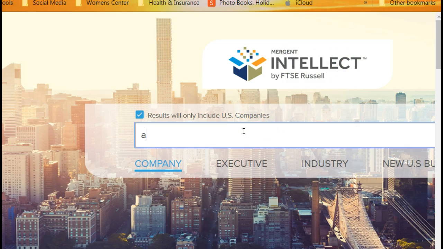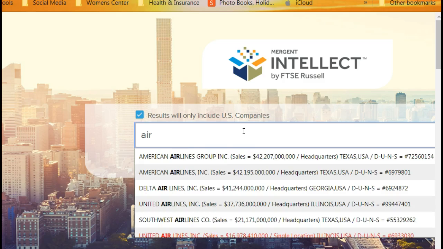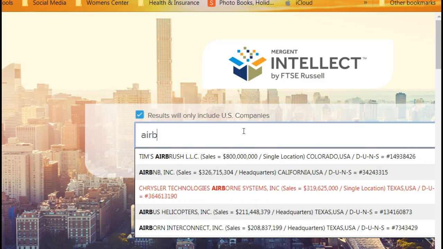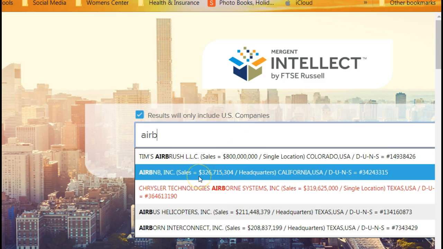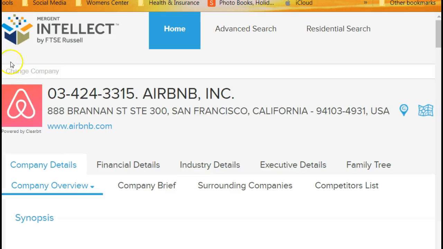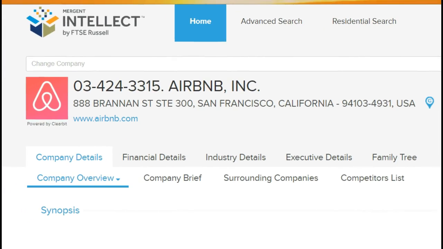And then you would type in the company that we're interested in. So if I'm looking for Airbnb, I find that here's Airbnb Incorporated. And if I click on that, it then allows me to get information about Airbnb. So I can get company details.